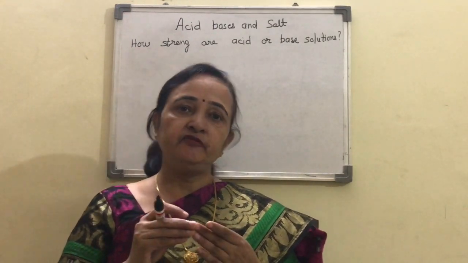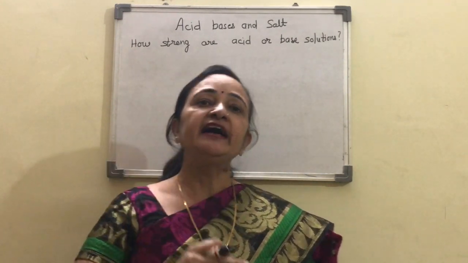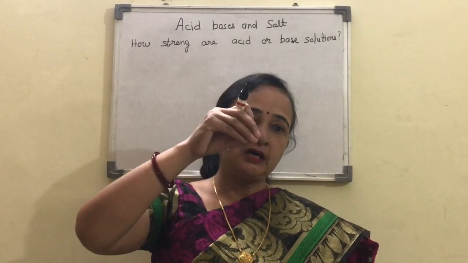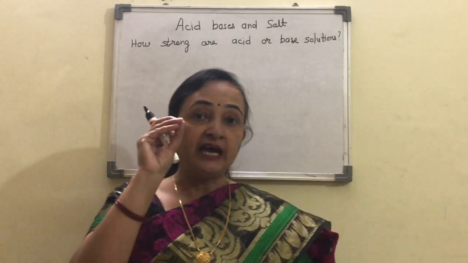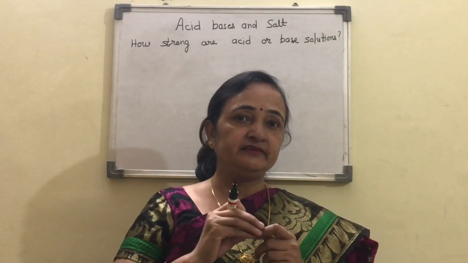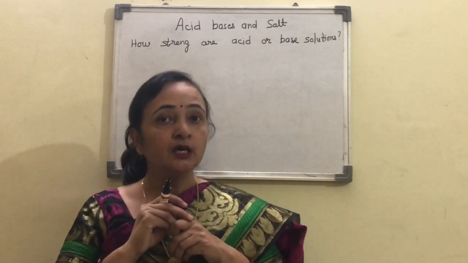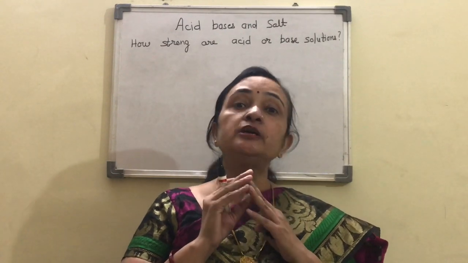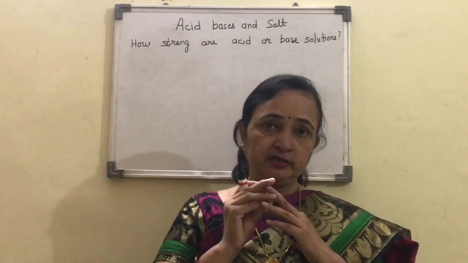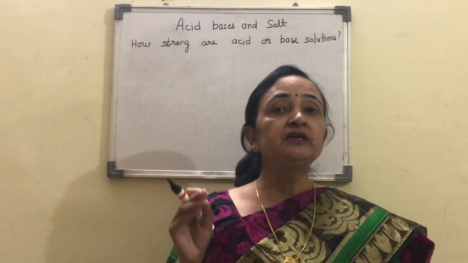So with this you can find, suppose you want to find the pH value of hydrochloric acid. What happens when we dip a pH paper in the hydrochloric acid? You will see a dark pink color is obtained. And for acetic acid, as it is a weak acid, the color is orange. Then if we take distilled water, or pure water, the color is green. Then if you take sodium hydroxide, that is a strong base, the color will be dark blue.